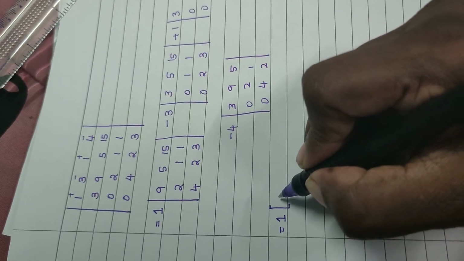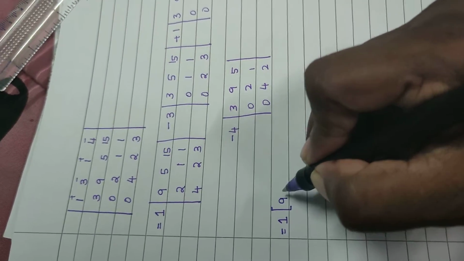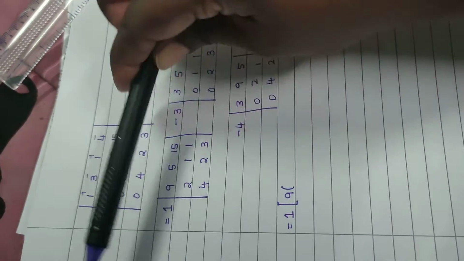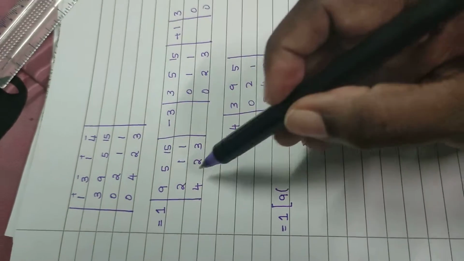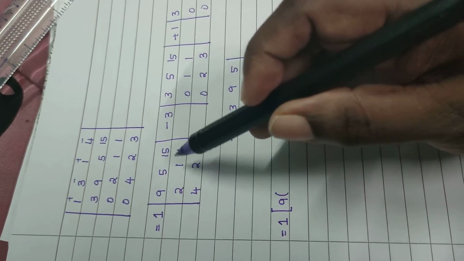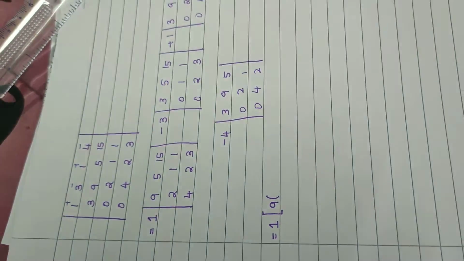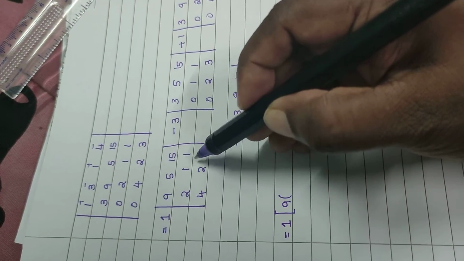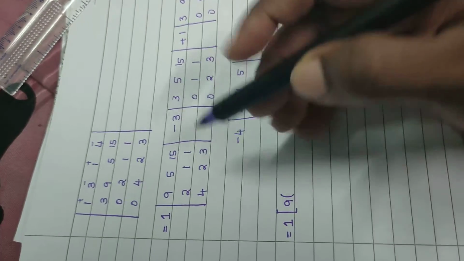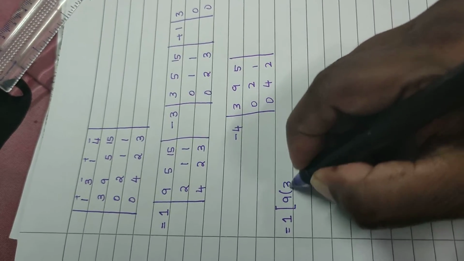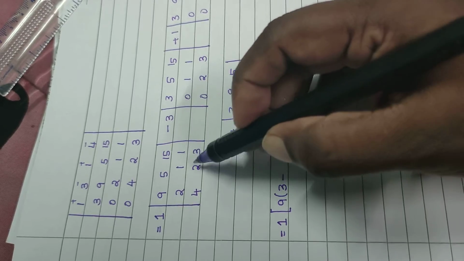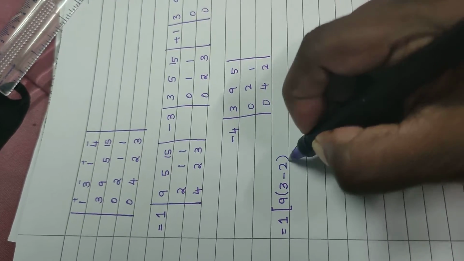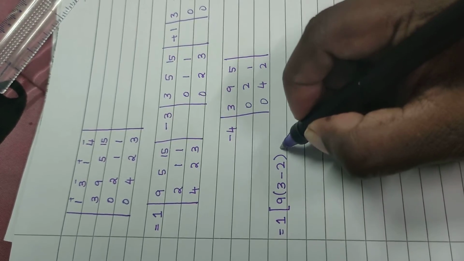So this I'm going to do a little quickly because we've already seen how to do it. So here you have the first one, 9 into, again same rule, first row, first column close. You have these 4 left. If you want me to go through those steps also, I will, but I have already done it. So directly I'm going to cross multiply. So 1 into 3 is 3 minus 1 into 2. I'm just cross multiplying. So 1 into 2 is 2. So first one is done.